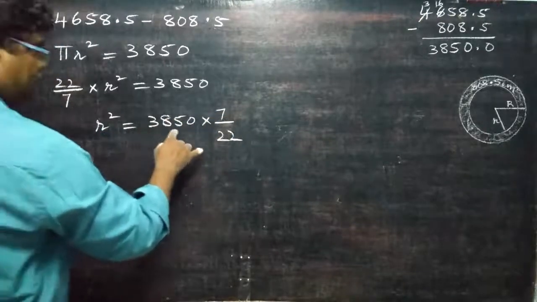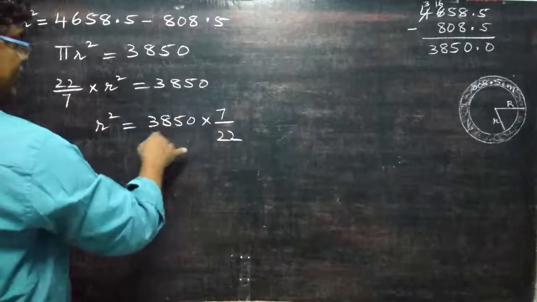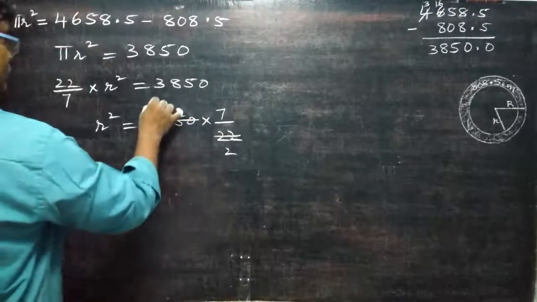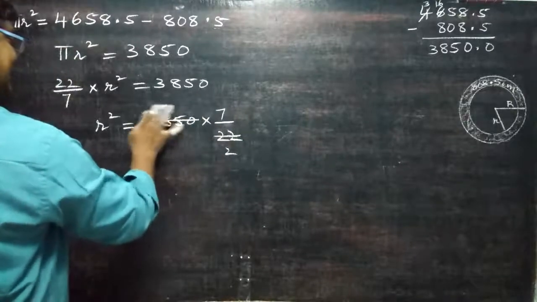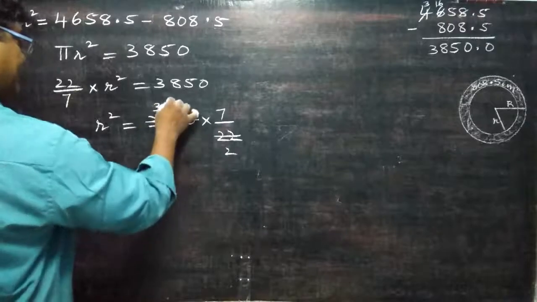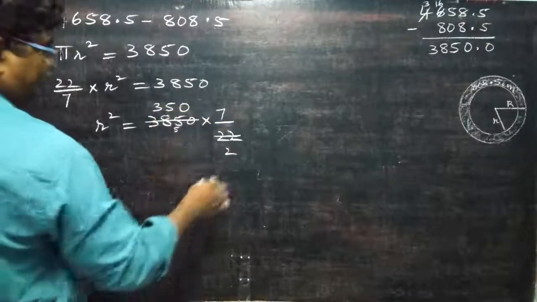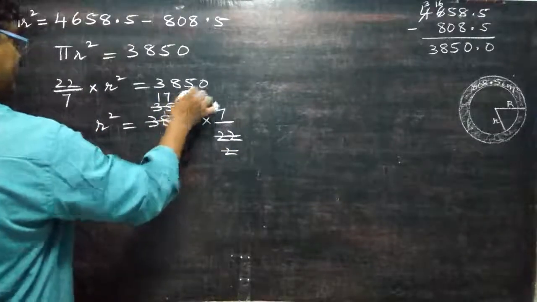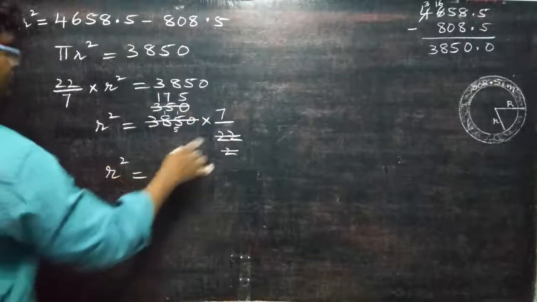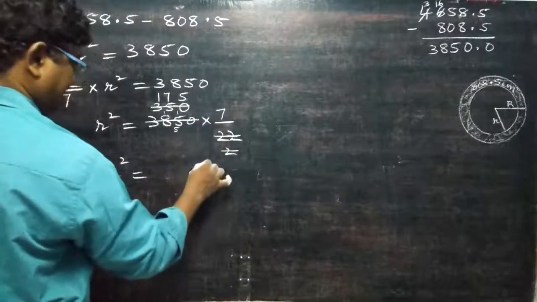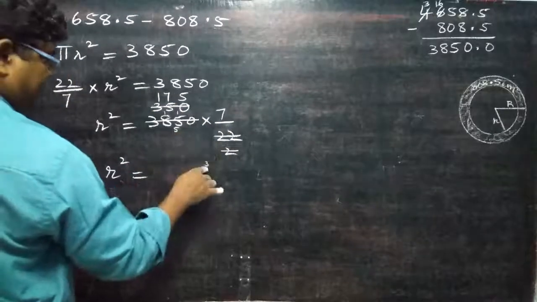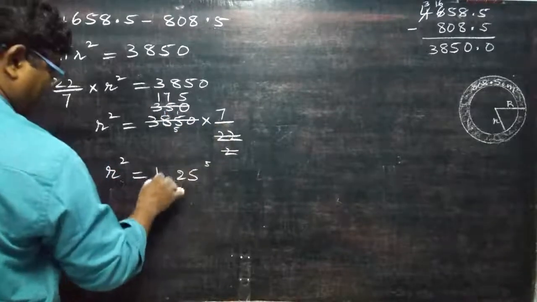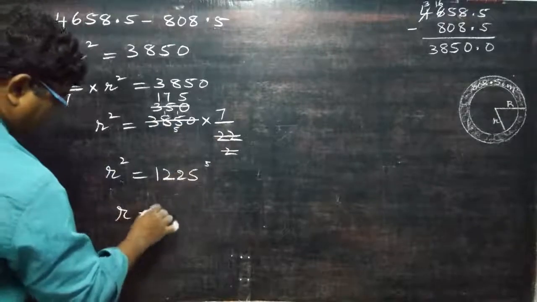11 table goes. I told you no. 3 plus 5 is 8. 8 plus 0 is 8. 8 minus 8, 0. So 11 2s are 22. 11 3s are 33, 5 remaining. 11 5s are 55, 0. Again 2 table. 2 1s are 2. 2 7s are 14. So r square is equal to 7 5s are 35. 3 remaining. 7 7s 49. 52. 5 remaining. 7 1s are 7. 7 plus 5 is 12. So r is equal to square root of